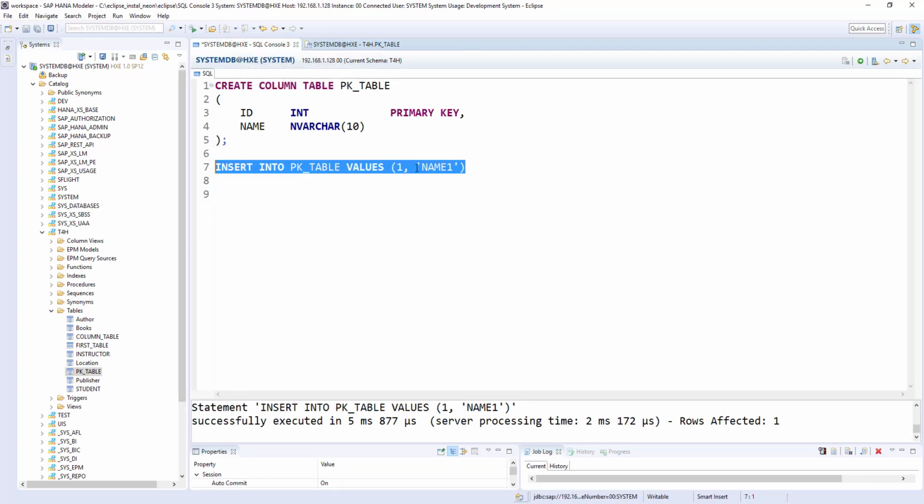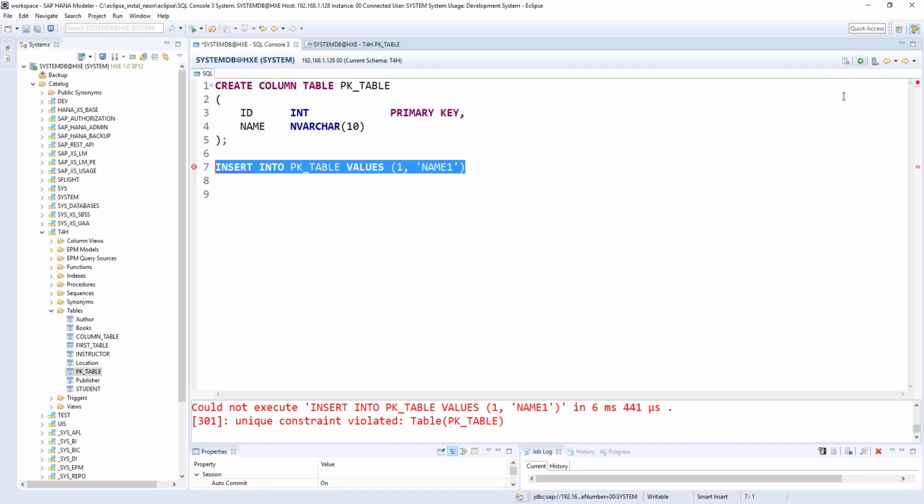What happens if I run this command once again? Unique constraint violated. When you define a primary key on any field, that field should hold values uniquely, so duplicates are not allowed.